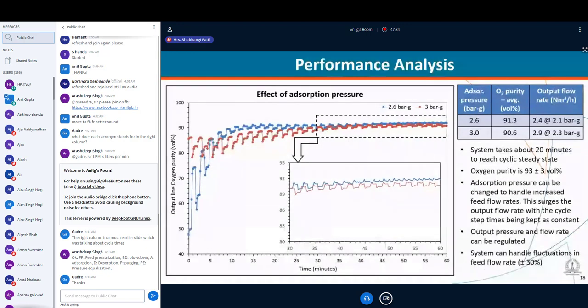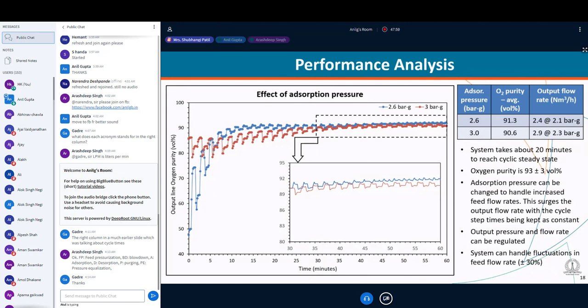As I mentioned, and Dr. Anand also pointed out, when you have designed any system, characterizing that system is really important. You have some input conditions, and based on those you get to know some performance indicators. One of the most important is not really a performance indicator, it's a requirement: we need oxygen of more than 90%, from 90 to 96. We can't go above 96 because argon cannot be separated, and whatever is left after 96 is the argon.